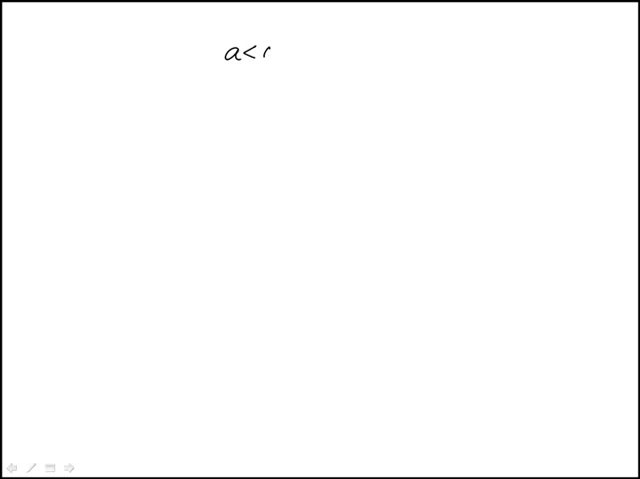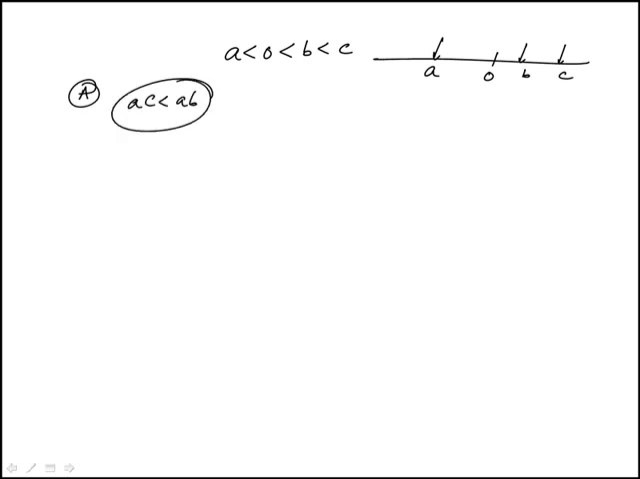So in this problem, we're given that A is less than 0 and B and C are both positive. So on the number line, what this means is B is to the right of 0 and A is to the left. I'll start with A, and when I see an inequality like this,